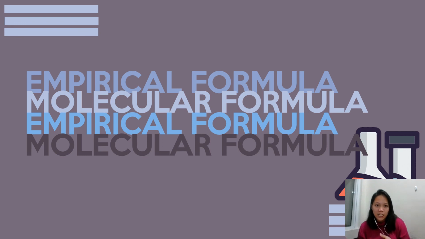numbers into whole numbers. Then right after that, you identify the n, which is the number that you're going to multiply to your empirical formula for you to get the molecular formula. And your n will be equal to the molar mass of your molecular formula divided by the molar mass of your empirical formula. That's why it's important to identify first what is your empirical formula before you can solve for your molecular formula. So again, of course, you could just search the internet and check if your answer is correct. If you also want to review, or try more problems involving empirical and molecular formula,